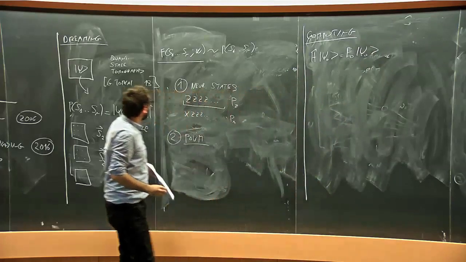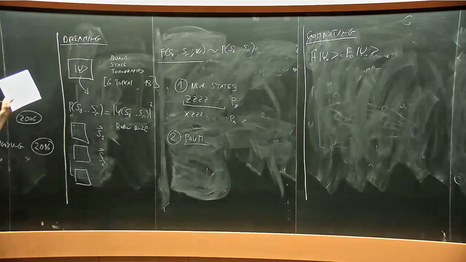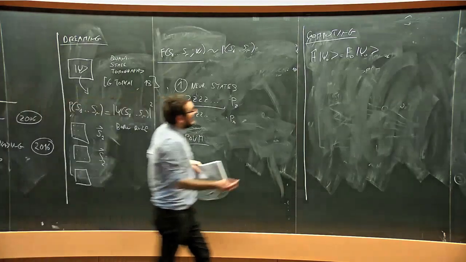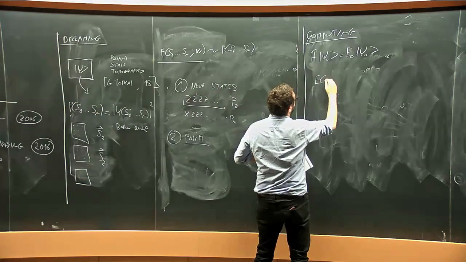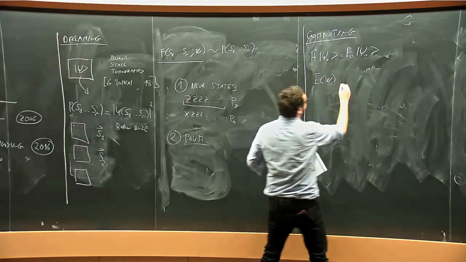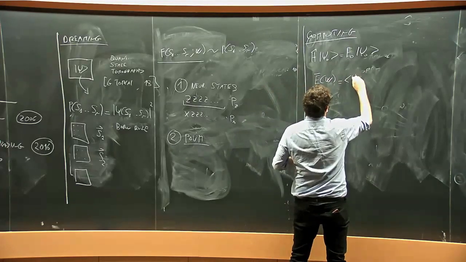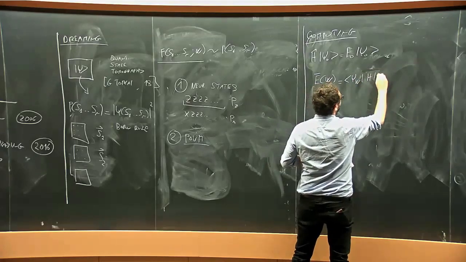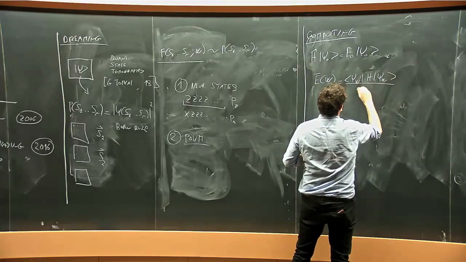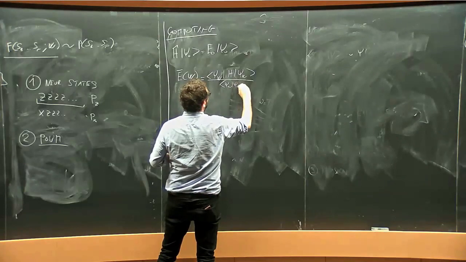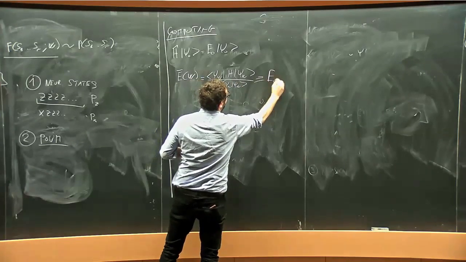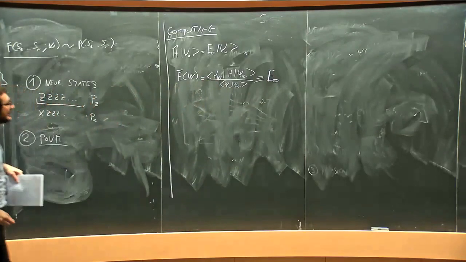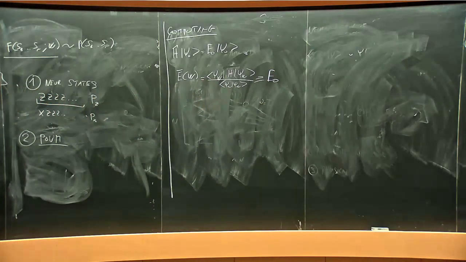So what we do here is that we write, again, a parameterized version of the neural network state in terms of these parameters, the weights W, and what we learn, so we try to minimize, if you want, the energy functional E(W), which is simply the expectation value of the Hamiltonian over the state ψ_W. So this is a variational family of quantum states of the Hamiltonian, right? You know that by virtue of the variational principle, this object is always larger or equal than the exact energy. And if your variational ansatz is general enough, you can hope that by increasing the size of the network, you can approach to some extent with a good approximation the ground state of the system.